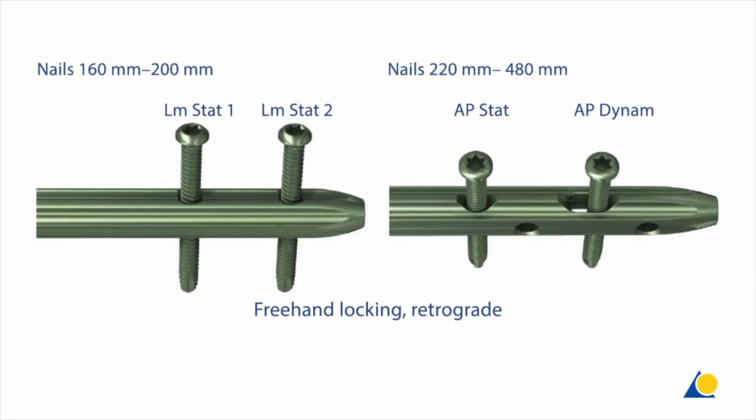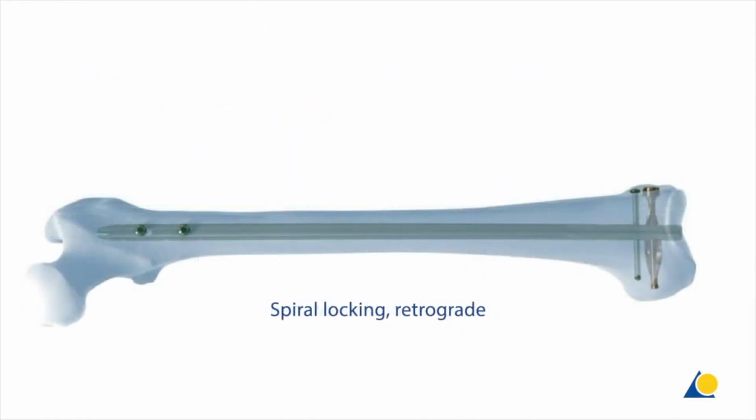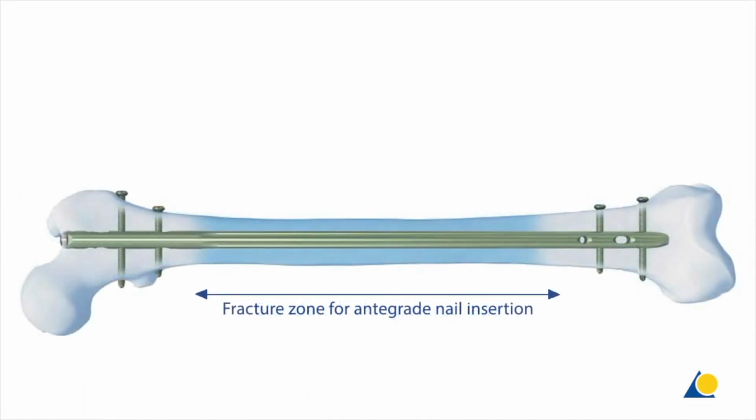Multiple locking options for static, dynamic, standard and spiral blade locking are possible. It is also possible to choose between spiral blade locking with one spiral blade and one locking screw for retrograde nailing only, and standard locking with two locking screws intraoperatively. In this presentation, the procedure will be demonstrated using the antegrade surgical approach, the reaming technique, and standard proximal locking